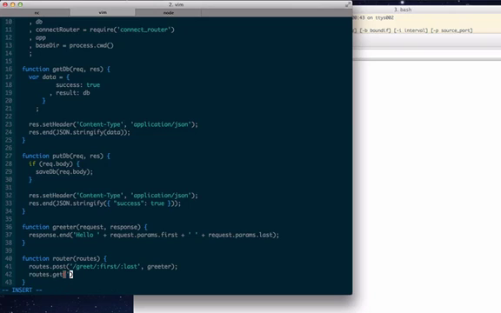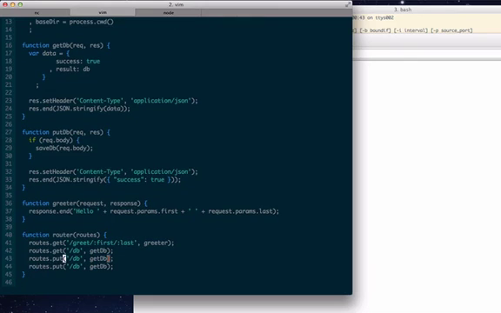Get /db, get db, and then I'll just leave this get actually, and then got it. Okay. I'll do both put and post, because yeah, there's